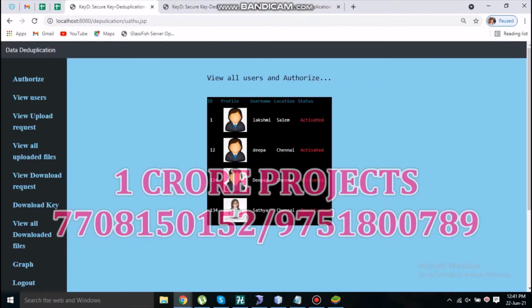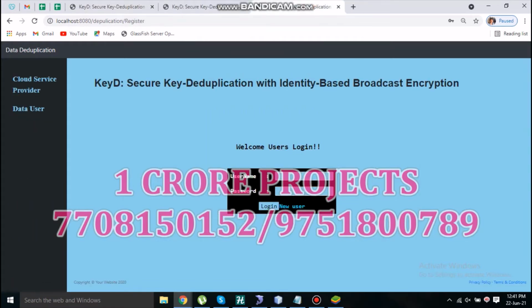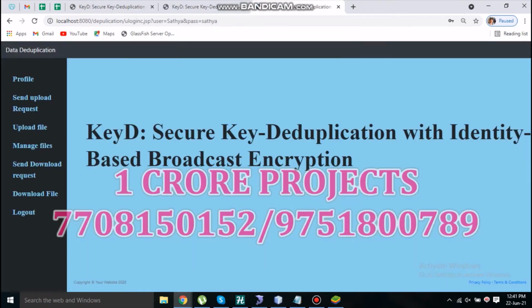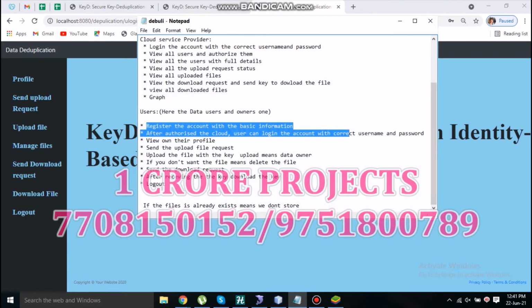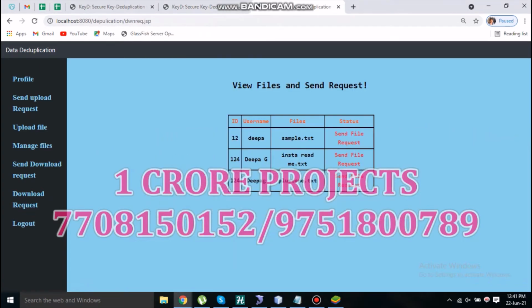This also the cloud can authorize. Once authorized, the user can log in to the account. Now if you download the file, you are the user. The user can send the download request for the particular file.